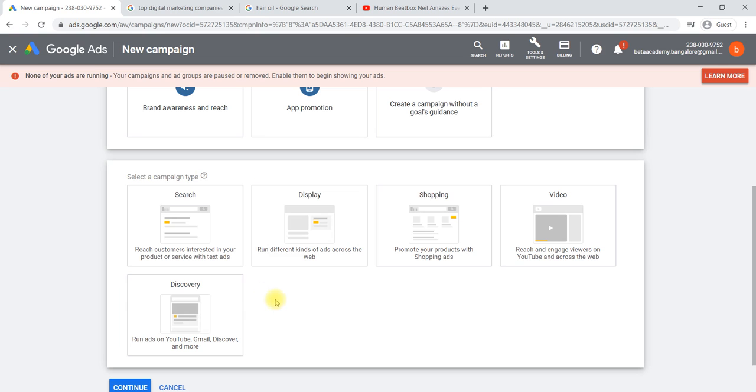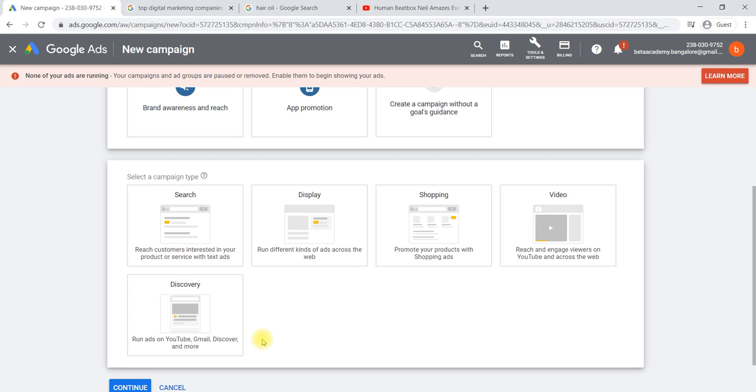Discovery ad is nothing but whenever someone is on any of the platforms, here you can read that: YouTube, Gmail, or Discover and more. Everywhere your ad will be shown, not only on the Google search page and YouTube page. In Gmail, Discover, everywhere your ad will be shown.